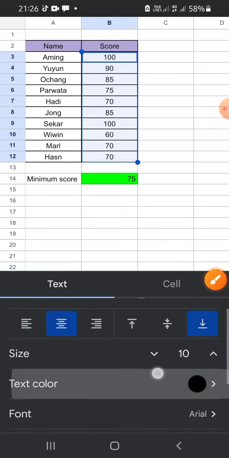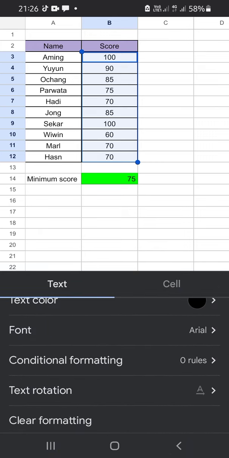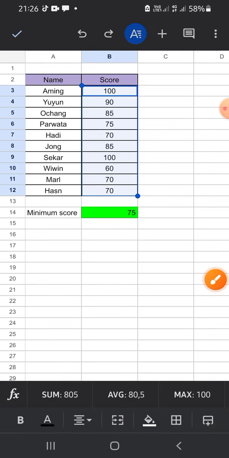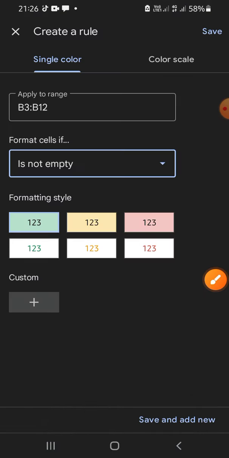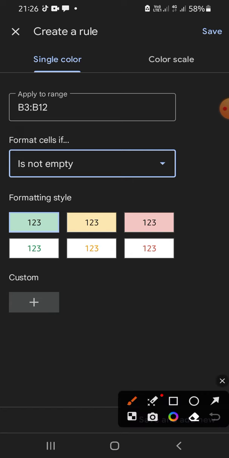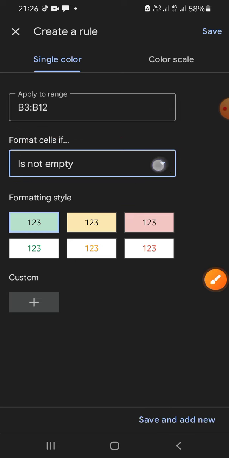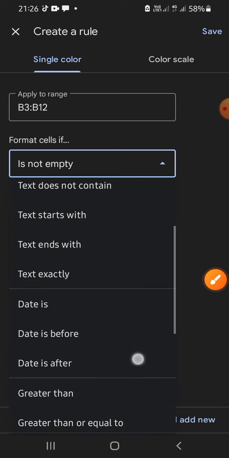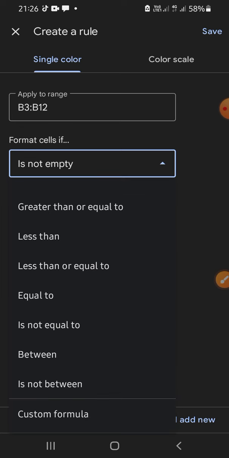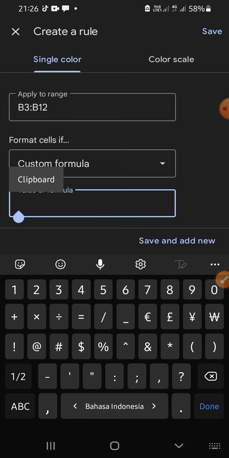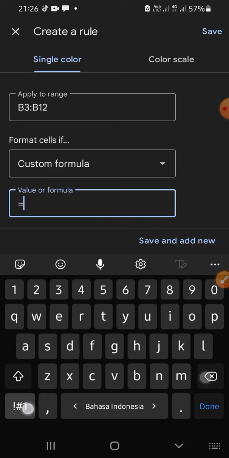Then we can go down until we find conditional formatting. It's right here. Alright, just click on it and we have to put a rule on this column. You have to click on the cell format right here, and you have to scroll down until you find custom formula. It's at the bottom, and we can write the formula like this: